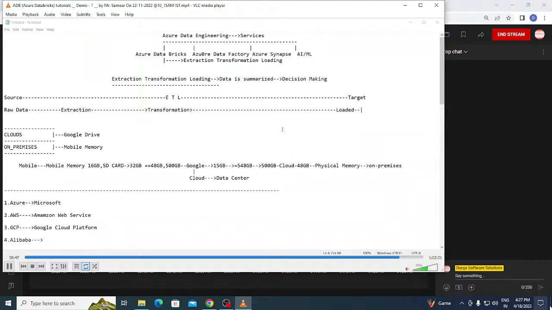Basically, if there is a project where you are going to use ADF and ADB both, the ADF is used for the data ingestion process only. Ingestion means insertion of the data. Once the data is inserted, picking up the data from there, preparing or moving it into Delta Lake, and then performing the visualization, for all this process we are using ADB only.